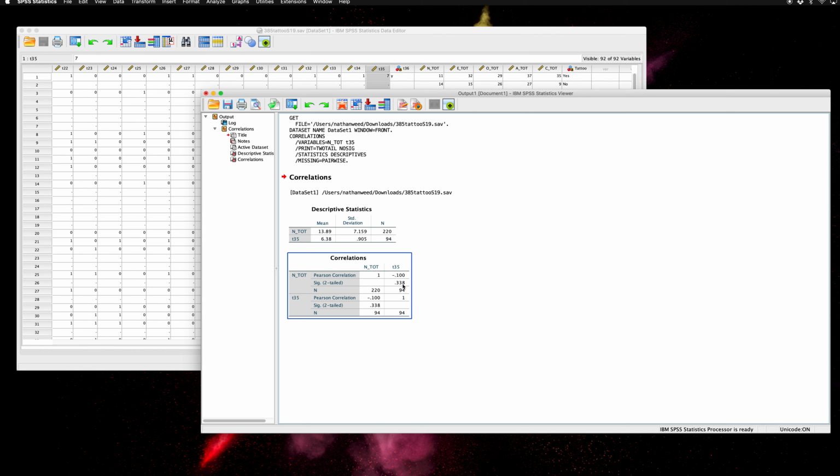So you're going to need this information to report in your results section. You're going to need your correlation coefficient, the R, the p-value, 0.338, and you're going to need the n to calculate your degrees of freedom. Degrees of freedom for the correlation coefficient is n minus 2. So in this case, the degrees of freedom would be 92. Okay, so that's the information you're going to need for your results section for discussing the correlation between two continuous